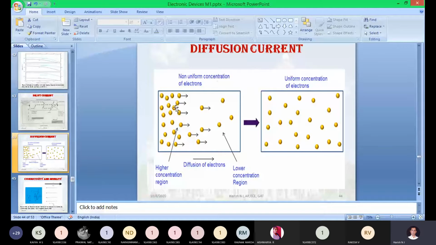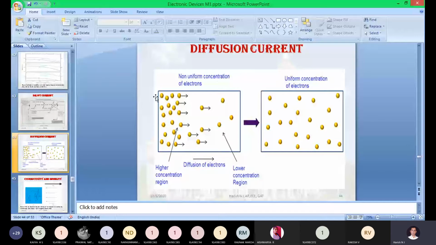Zero, sir. It will be zero, right? Because of the random motion. Just check it out here. This electron will be moving in the right direction. Let us take this electron, it will be moving in the left direction. So this movement distance and this movement distance are opposite, so they will get cancelled.